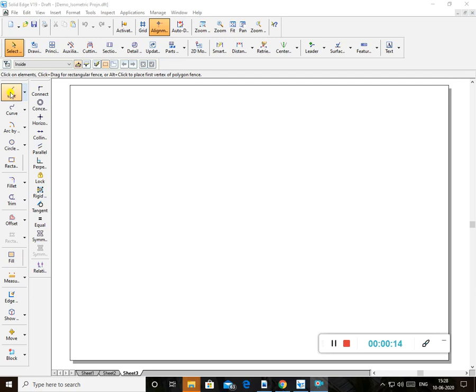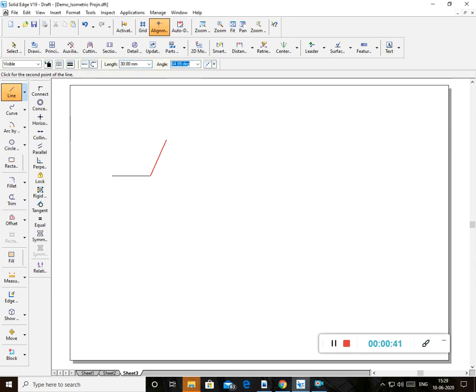As I told you in the previous video also, whenever you want to draw an isometric hexagon, if the base of the 3D solid is a hexagonal base or pentagonal base, for isometric projection you compulsorily have to draw the true shape first. So I'll draw first a hexagon of 30 side. Next I'll describe this hexagon in a box.